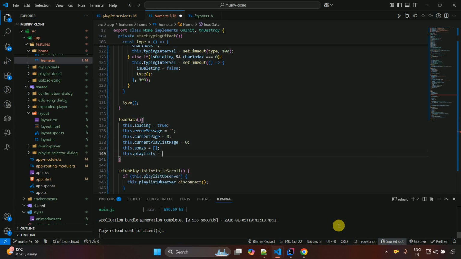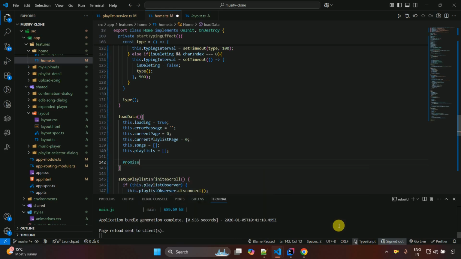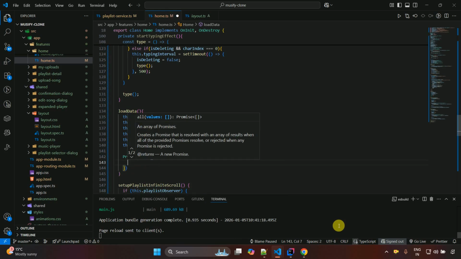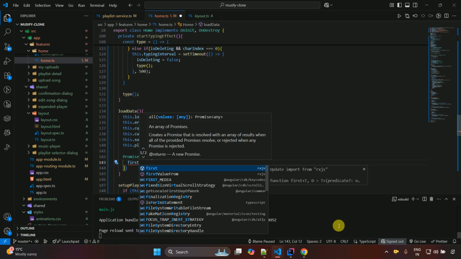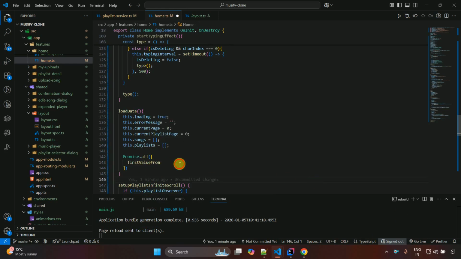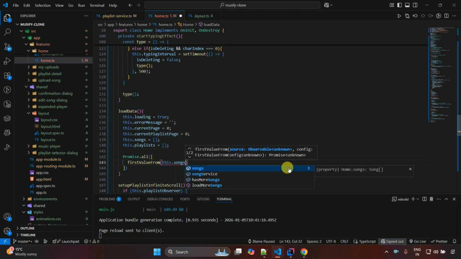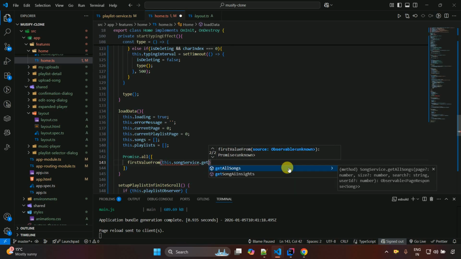And then here we have to fetch two APIs at one go, which is related to get all songs and get all playlist. So let's write here promise dot all, and then parenthesis and the array, and inside this one we are going to write first value from. So whatever the first value it will get, it will just return over here, and it will wait to complete both the processes. Okay, and then here we have to write this dot song service dot get all songs,